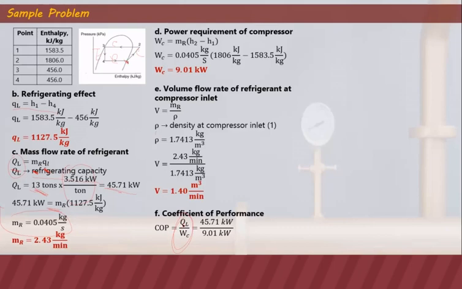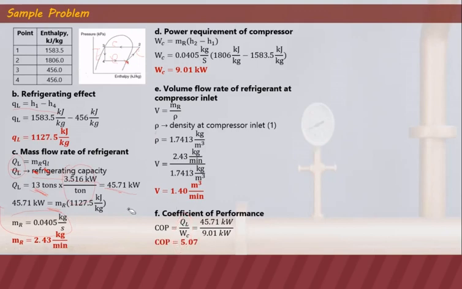You can use the small q or the big Q, or the small w or the big W, as long as they have the same unit. Our QL we already computed as 45.71 kilowatt, and the power requirement at the compressor is 9.01 kilowatt. That's why our COP is